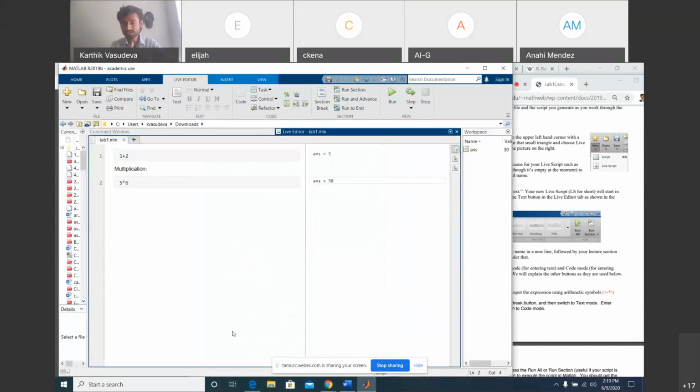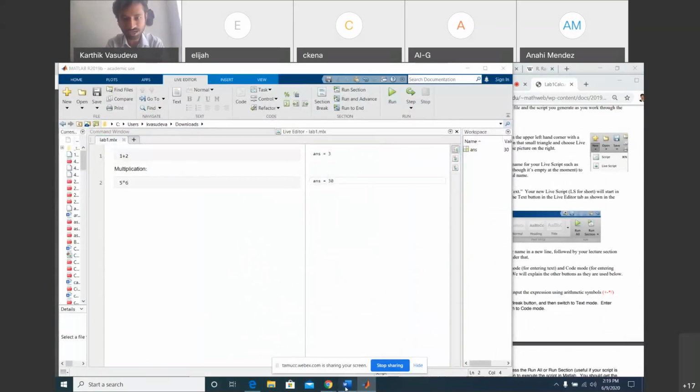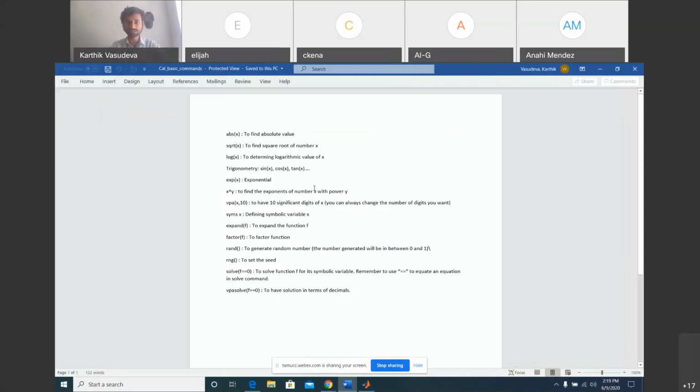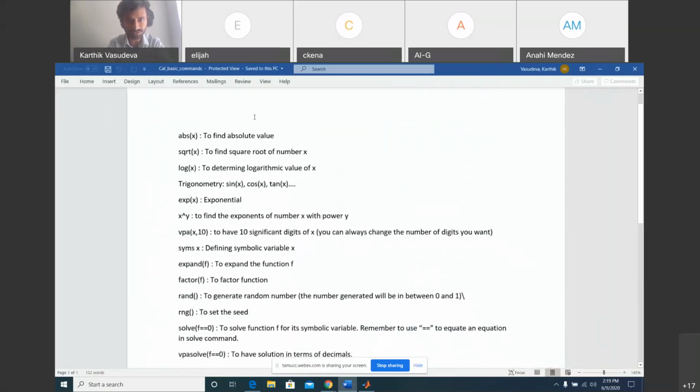Before we actually begin, as I told you, I've already posted your MATLAB commands. This is what it is. Now you have to know all of this. If you want to find an absolute value, what is an absolute value of a number? The absolute value of a number is always positive. So if you want to find an absolute value of a number, you have to type abs parenthesis, and within the parenthesis a number. If you want to know the absolute value of negative 2,